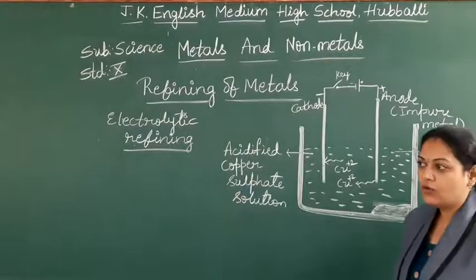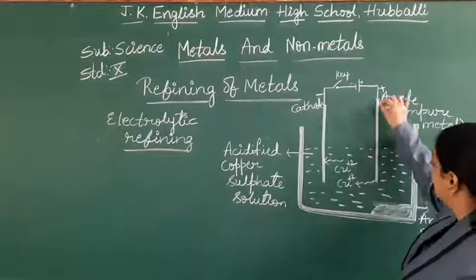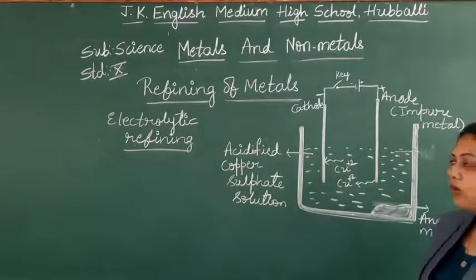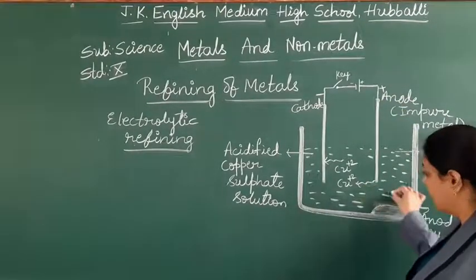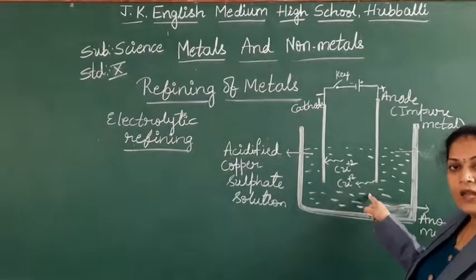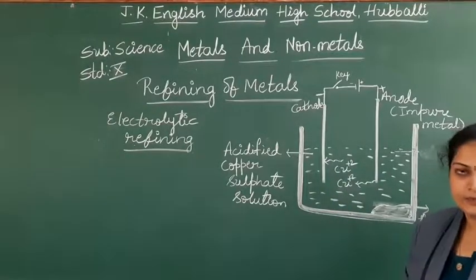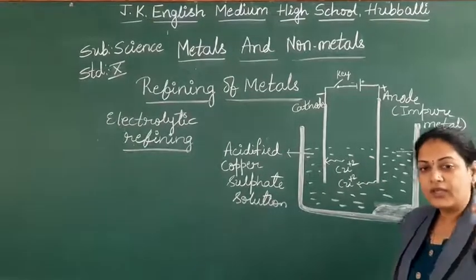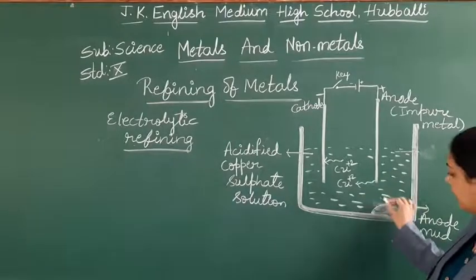As you pass the electricity, for example, here we are doing the electrolytic refining of copper. So the copper, along with the impurities, will come to the electrolyte. And then from the electrolyte, slowly it will start depositing on the cathode plate. Like this we get the extraction. Whatever other impurities remain will come to the electrolyte.